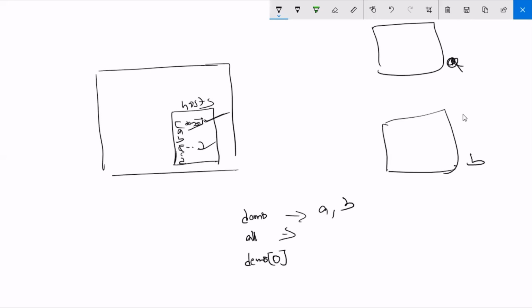The numbering starts like an array index. If you mention 1, that refers to the second node, in our case B; 0 is A. Like that, 1 means second, 2 means third, 3 means fourth.